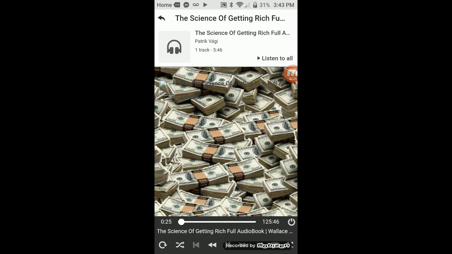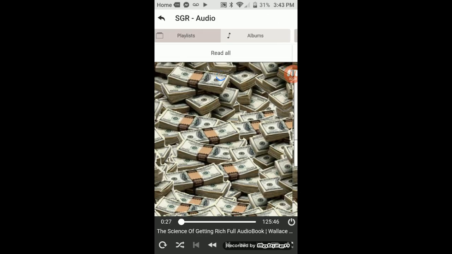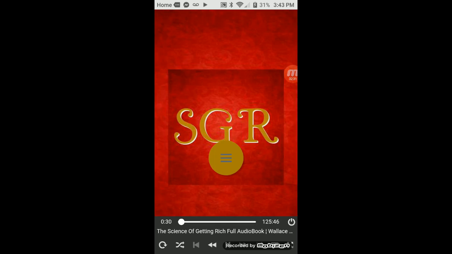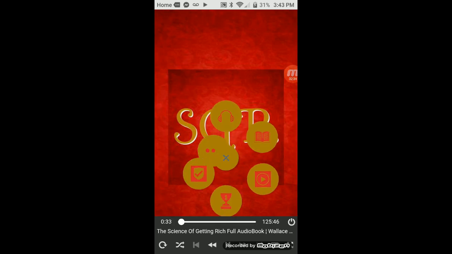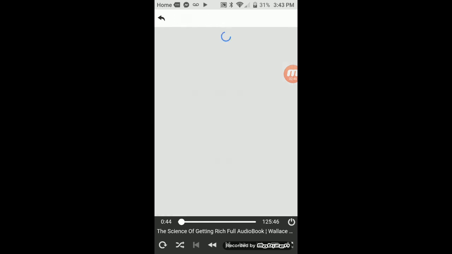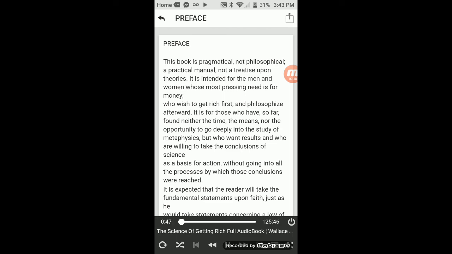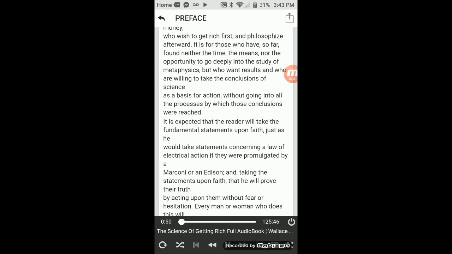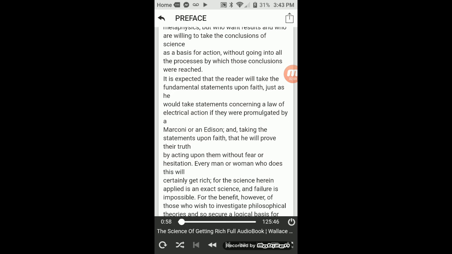This book is pragmatical, not philosophical. A practical manual, not a treatise upon theory. It is intended for the men and women whose most pressing need is for money, who wish to get rich first and philosophize afterward. It is for those who have, so far, found neither the time, the means, nor the opportunity to go deeply into the study of metaphysics, but who want results and who are willing to take the conclusions of science as a basis for action, without going into all the processes by which those conclusions were reached. It is expected that the reader will take the fundamental statements upon faith, just as he would take statements concerning a law of electrical